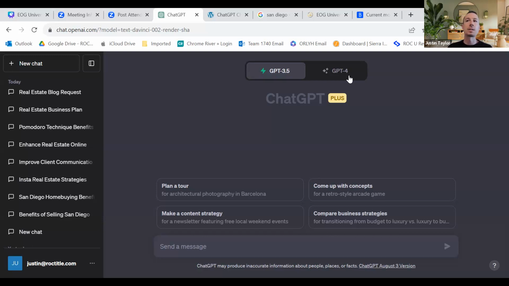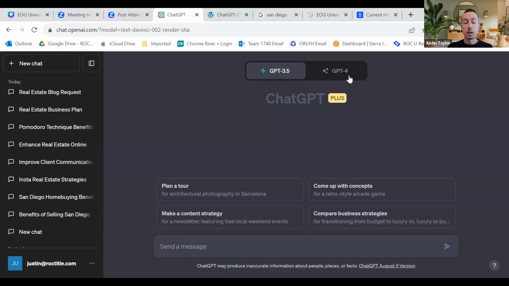The other thing is it has a little bit more, and I say a little bit more, but they said it's 100,000 times smarter in the sense of information, okay? So that's the other benefit of GPT-4. It does recognize images. 3.5, I think they did an update where it does some of them, but GPT-4 can decode images, understand just like what we put in there with that link and all that good stuff. So again, 3.5 is still very, very good for what we need in this business.